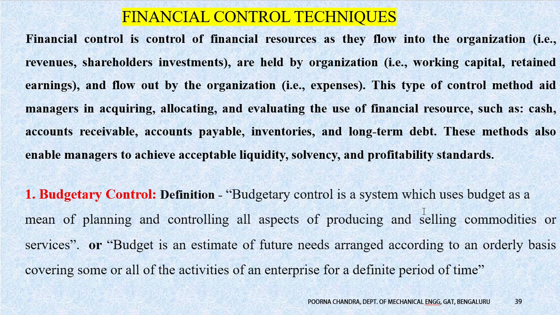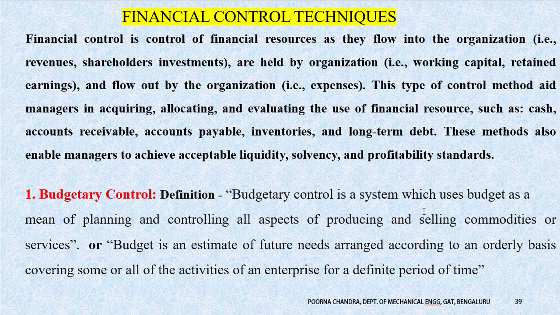So what are different techniques available? Number one, budgetary control. What is meant by budgetary control? So, the definition of the same. Budgetary control is a system which uses budget as a means of planning and controlling all aspects of producing and selling commodities or services. In other words, budget is an estimate of future needs